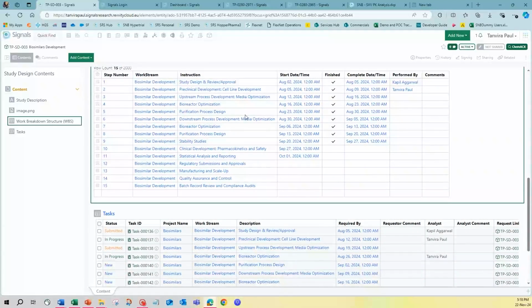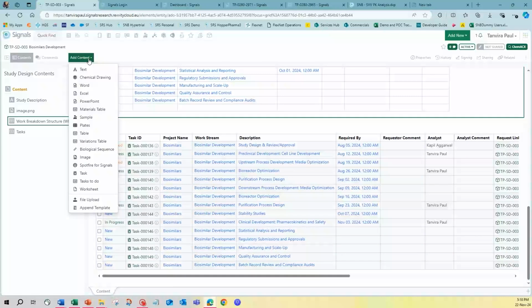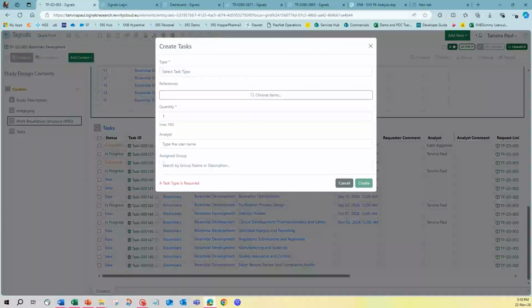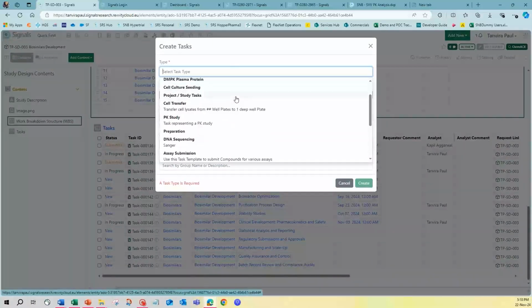For this, Signals Notebook allows you to create tasks of different kinds and types. Once you go ahead and add content, you can see the tasks under the section. Once you select the tasks, you are presented with different kinds of task forms, as you can see over here. All these templates are configured in the back end, and based on the type of study or experiment that you're carrying out, or the kind of study request you would like to generate, you can go ahead and